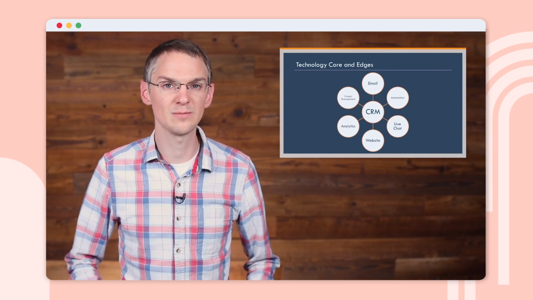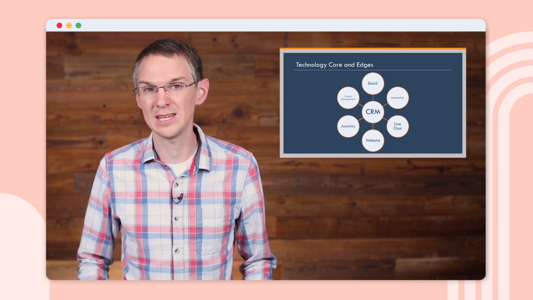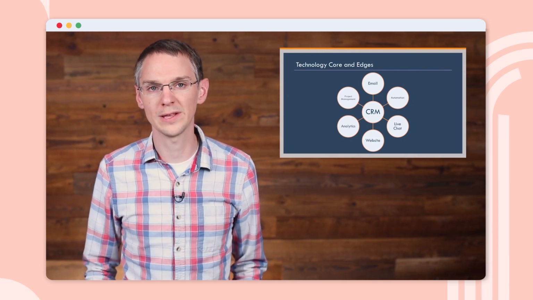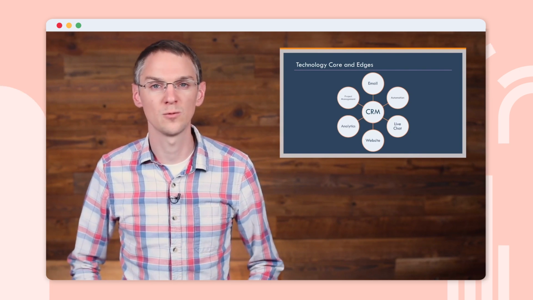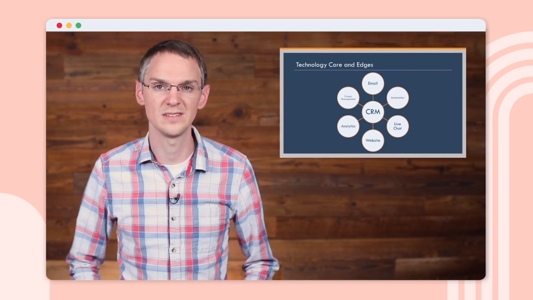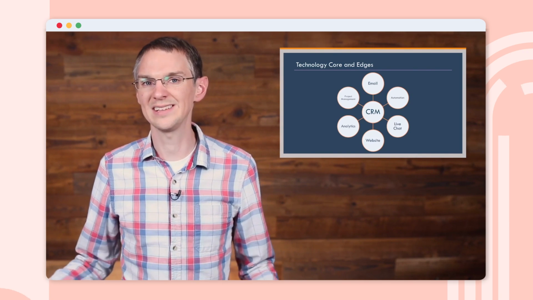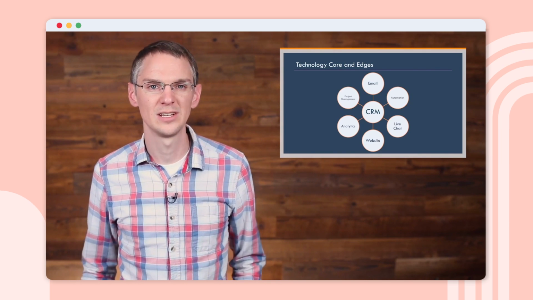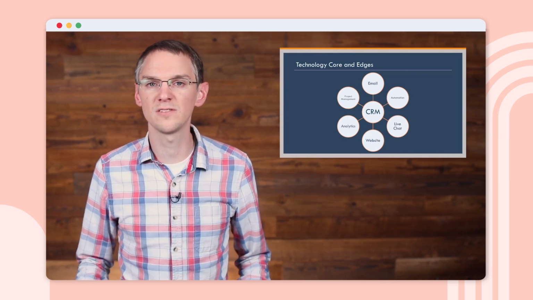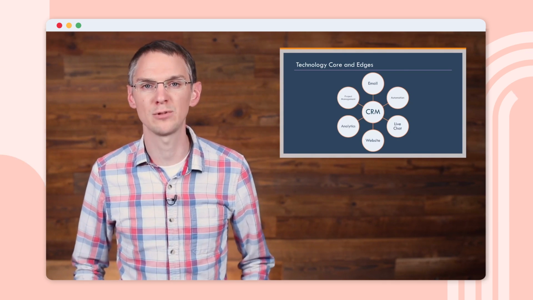You want to choose a system that will work well for you and invest in keeping it long term. Once you have your core in place, you can start building on top of it with all of the specific tools you need to implement your processes and strategy. And that's the edges. Try things out. Trade things in and out. Mix and match until you get all of the functionality you need to fully implement your strategy.